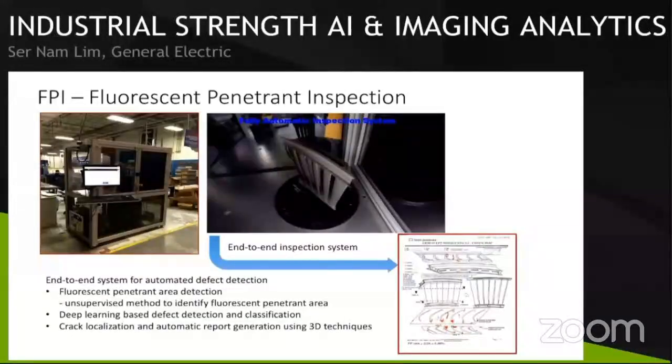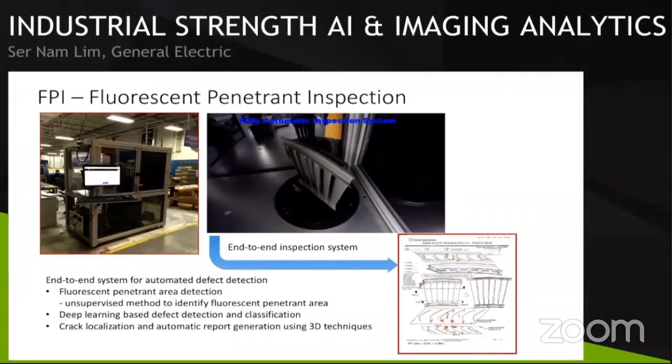So here is an example of how one of the very simplest and basic methods, fluorescent penetrant inspection, has undergone a huge transformation. You always thought it was a very simple method, always manual, but today there are systems available which are completely automated.